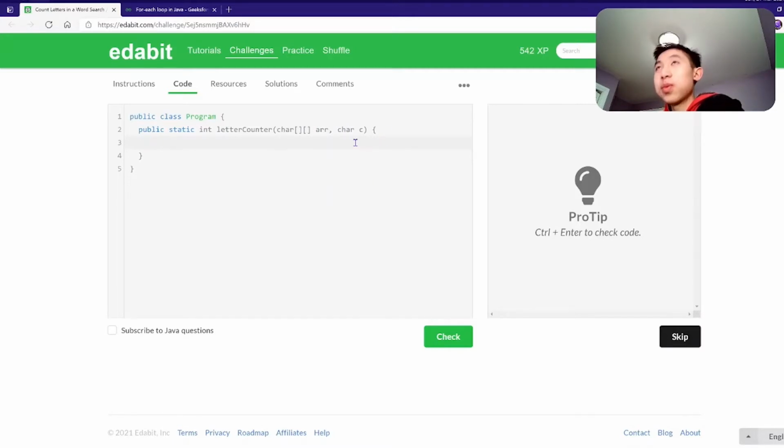This one is the for each loop. So it's a char, and it's going to go through the array. And since it's a 2D array, we need another one of these. So then inside of here, if j equals the char